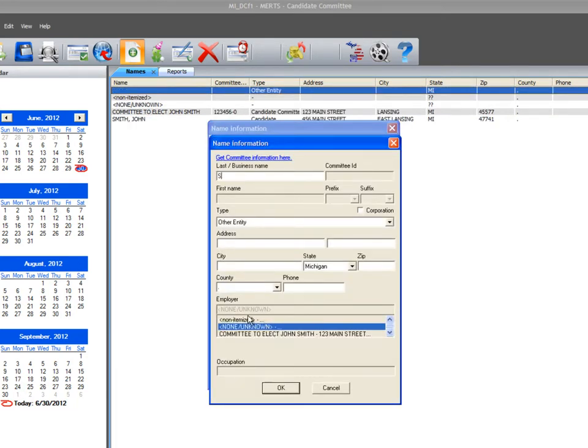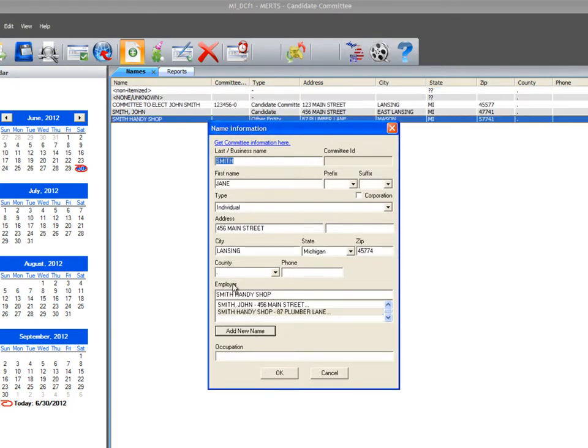Enter the treasurer's employer name. The type will default to Other Entity. Enter the employer's address. Select OK to save and continue.